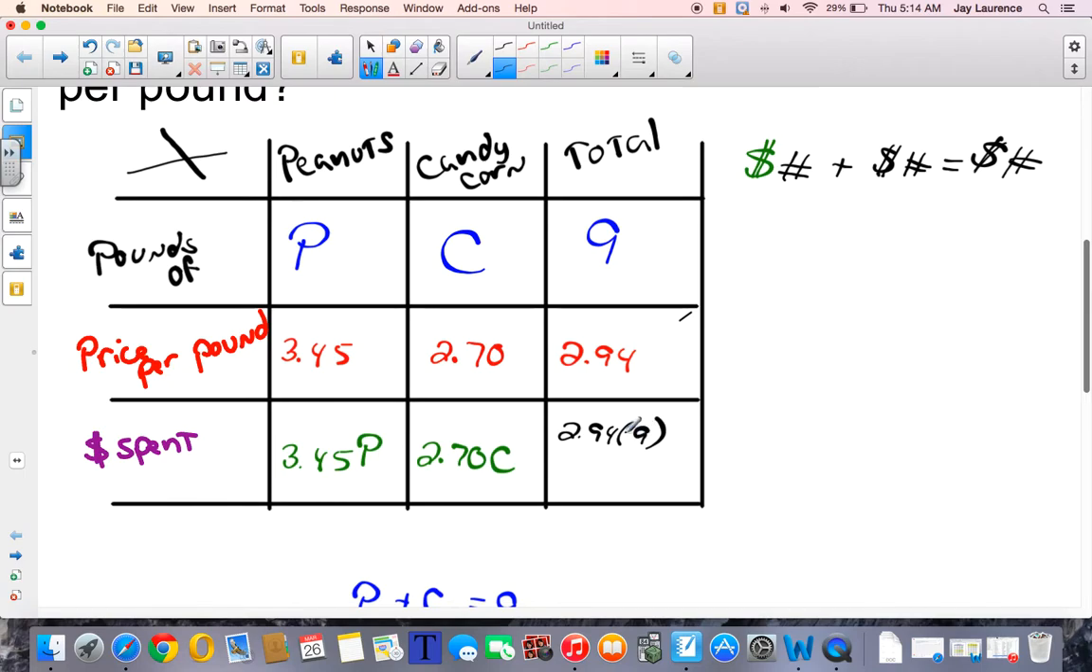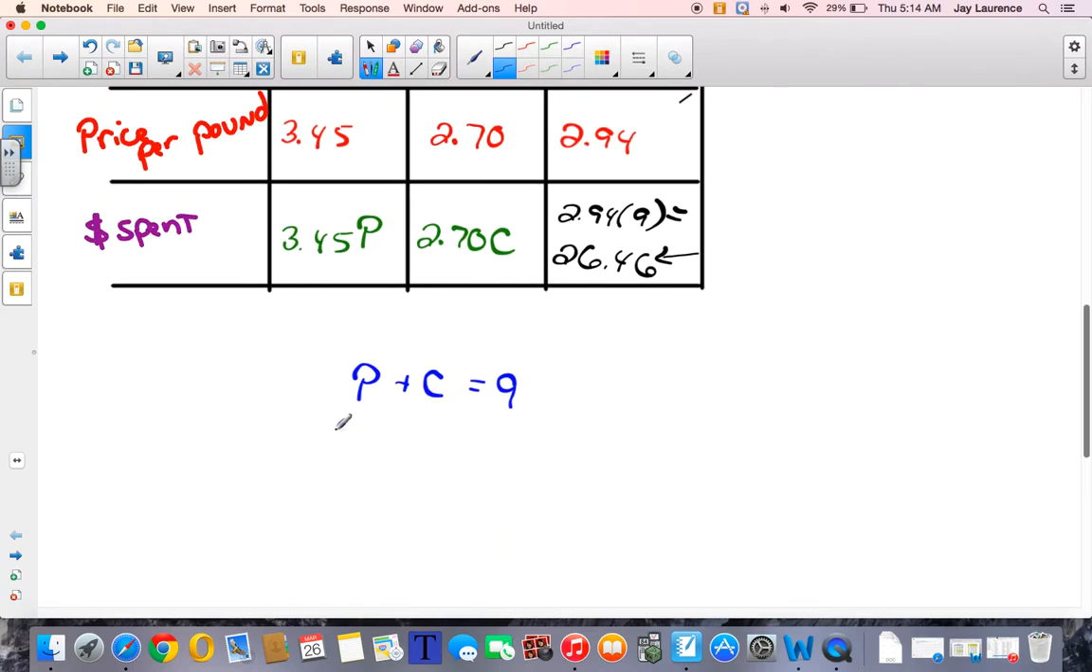And get that answer. Let me see, what is that? Do I have it up here? 2.94 times 9. And I come out with $26.46. This is the number I'm going to use in my equation, but I did price times pounds, price times pounds. And to get this number, I had to do price times pounds. It's the same every way. All right, so let's see. We're going to have $3.45 P plus $2.70 C. That'll equal